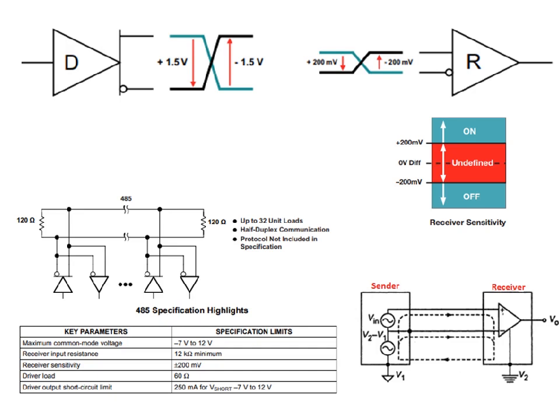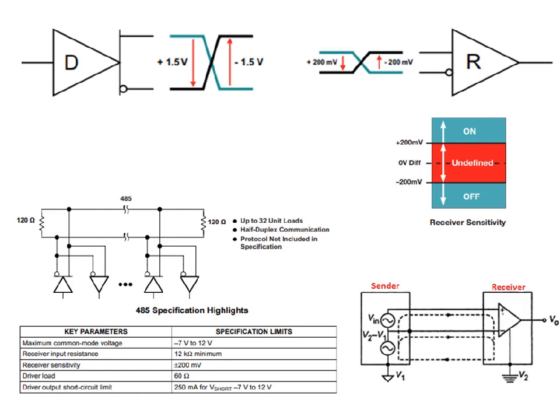The driver and receiver logic levels of RS485 are as shown in the figure. The driver is plus or minus 1.5 volts, and for the receiver, the minimum sensitivity is plus or minus 200 millivolts. So there is a large margin available between the driver and receiver. This makes RS485 a preferred communication for longer distances because of its higher noise immunity and higher noise